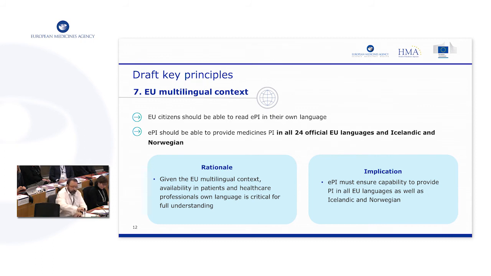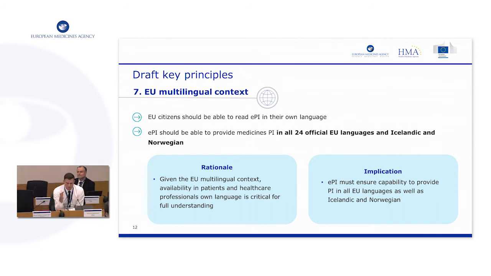Thank you. As Cesar mentioned, the legal framework is clear. We are working with 24 languages, but because of this standard and the electronic format, it will give the opportunity to individual member states, because what you are referring to, unfortunately, is a national responsibility, to translate and make it available in languages other than the EU ones. So hopefully this standard, whenever it's implemented, and the structured product information will make it easier for national authorities or other initiatives to translate and make it available to people that do not currently have access, speaking about refugees.